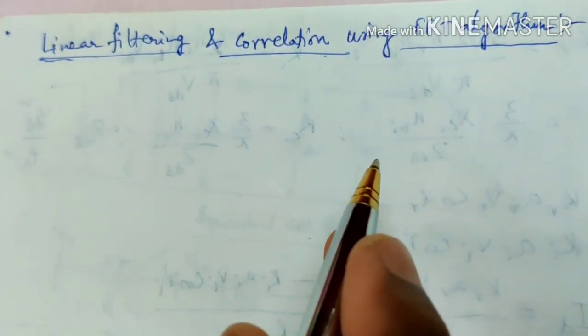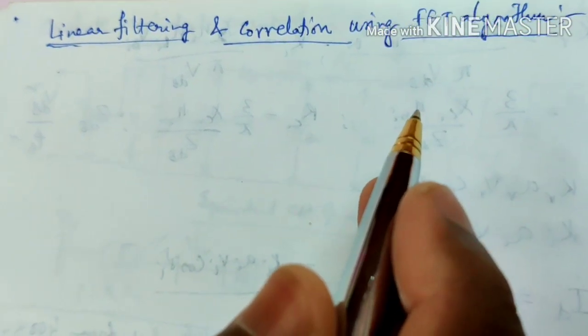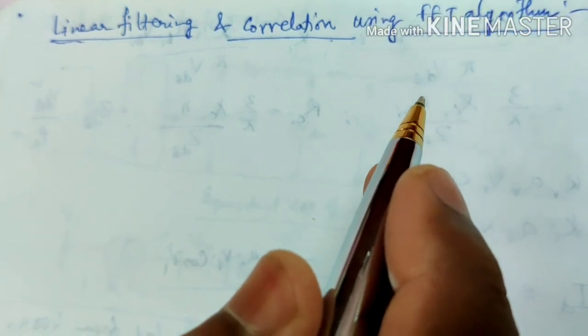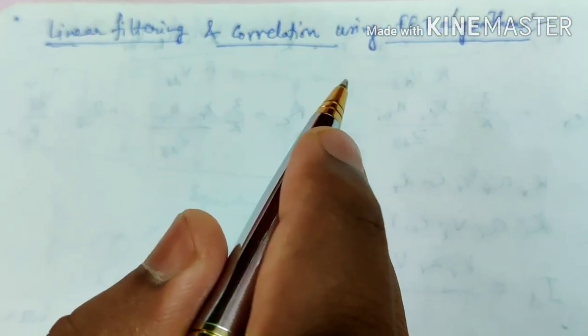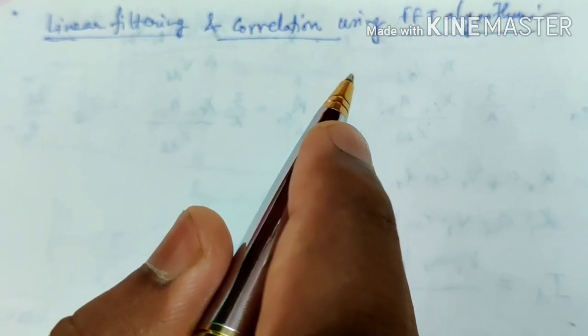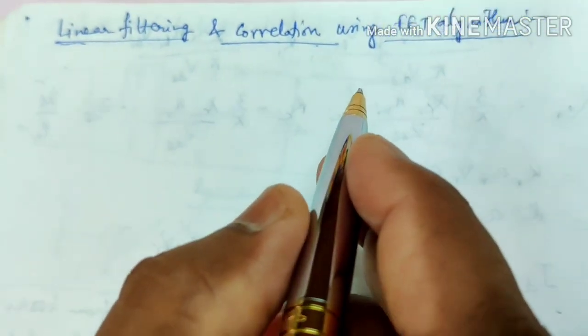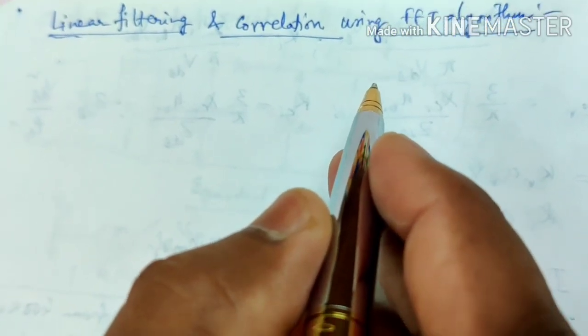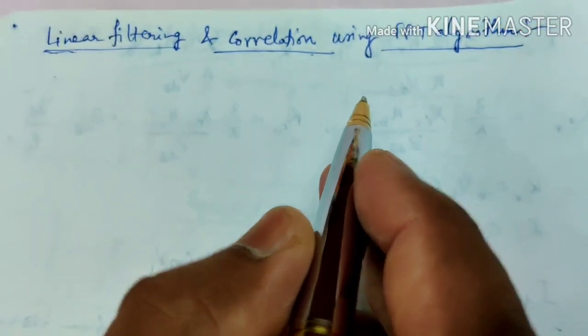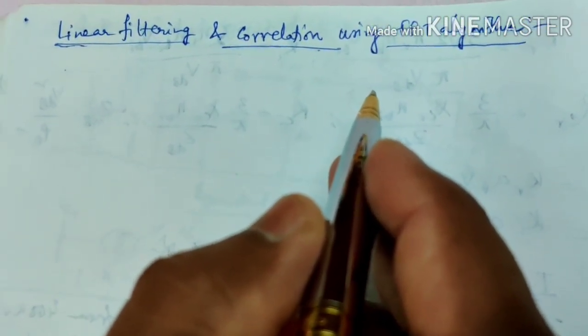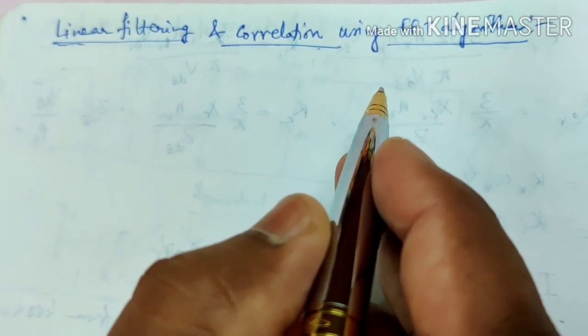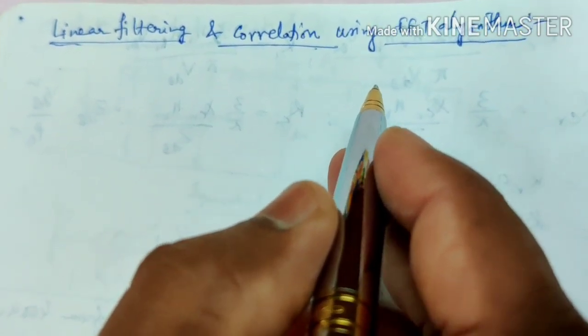An important application of the FFT algorithm is in FIR linear filtering of long data sequences. In our last session, we already described the two methods using the DFT, the overlap-add method and the overlap-save method, for filtering a long data sequence with an FIR filter based on the use of the DFT. We now consider two methods in conjunction with the FFT algorithm for computing the DFT and IDFT.